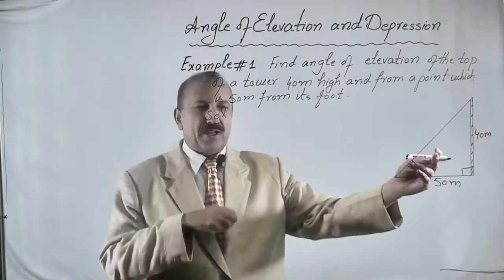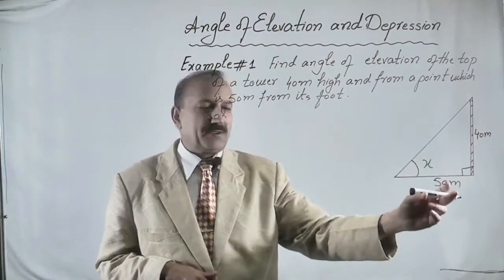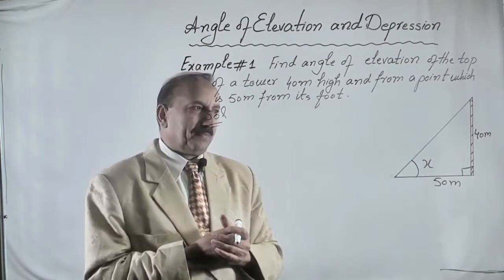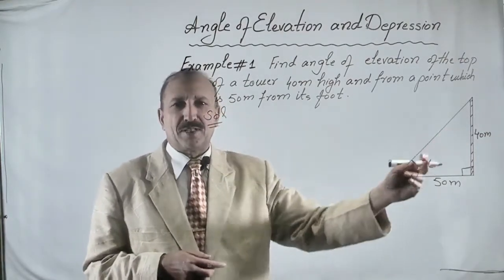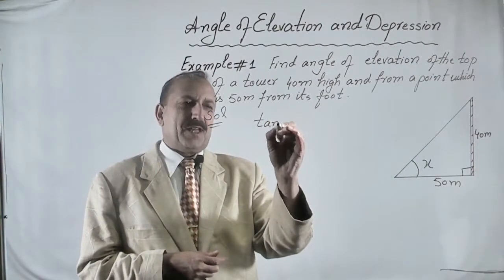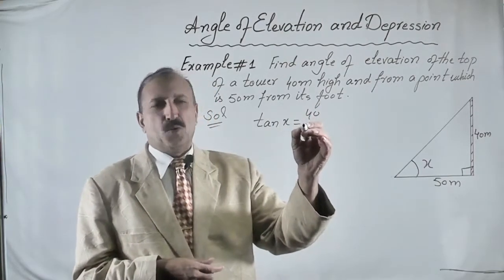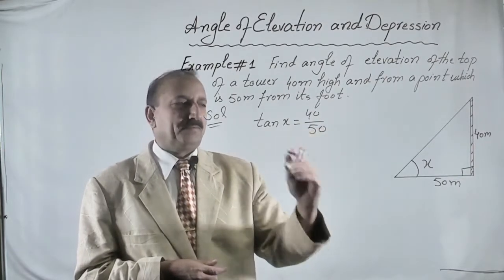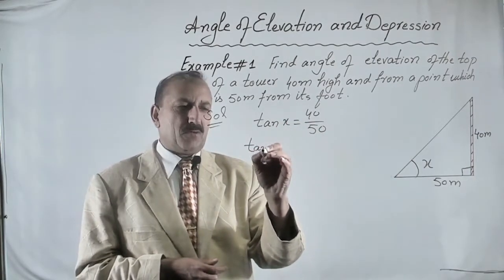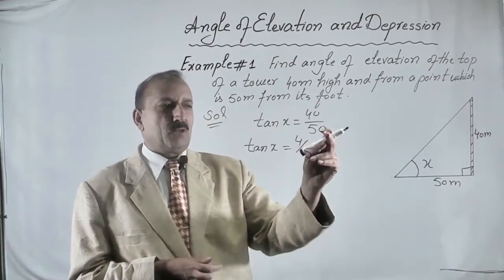And you can see now we have a right angle triangle, in which we are given opposite and adjacent. We will use a trigonometric ratio, and the trigonometric ratio that relates opposite and adjacent is tangent of x. Here tangent of x is equal to opposite 40 over 50. Let's simplify. The next step is tangent of x will be equal to 4 over 5, 0 cancels with 0,